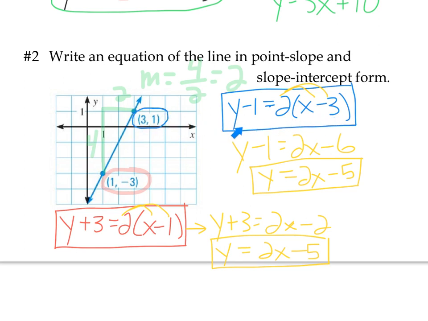This point-slope and this point-slope are both for the same line. They look a little different because we used a different point, but both have the same slope. And again, after we write this, if we turn it to slope-intercept form, now we get the same equation for this line in slope-intercept form. All right. Let's